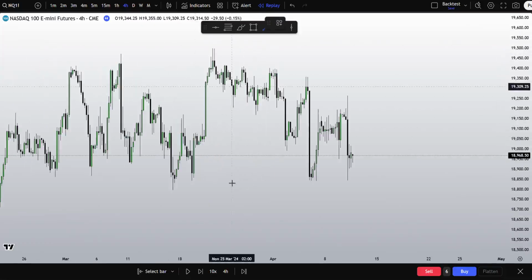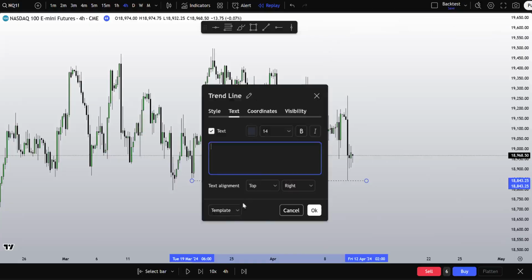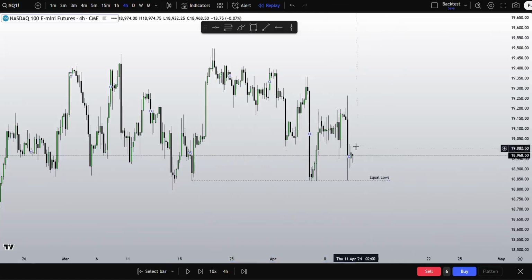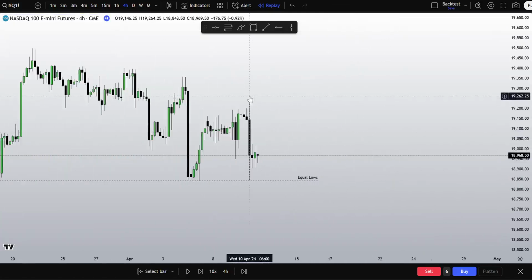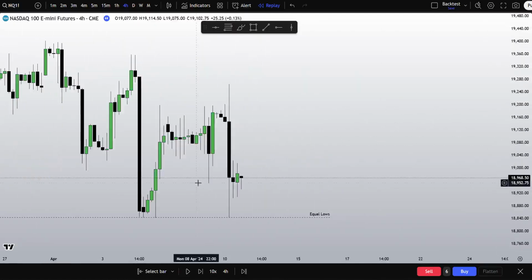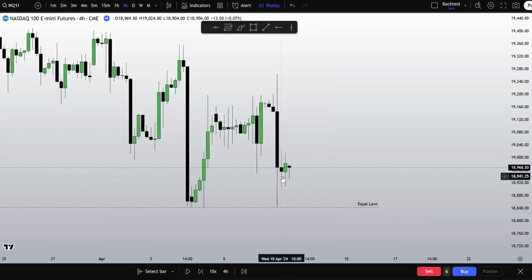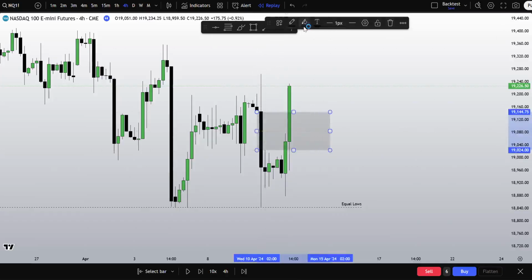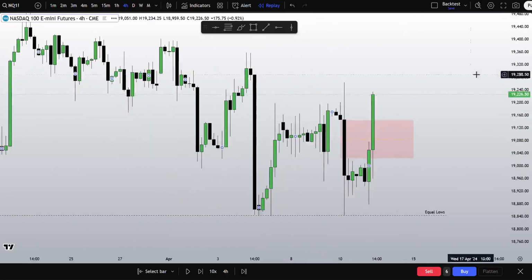So what do we see here now to begin? Right away, my eyes point to these equal lows. So I'm going to mark this out, equal lows on the 4-hour time frame. You have highs here. Price took this high before rejecting, came down, took this low, began to reject. I want to see if price comes back to test this or head straight to these equal lows right away. So we're analyzing now, and as you can see, price comes and disrespects this bearish fair value gap.